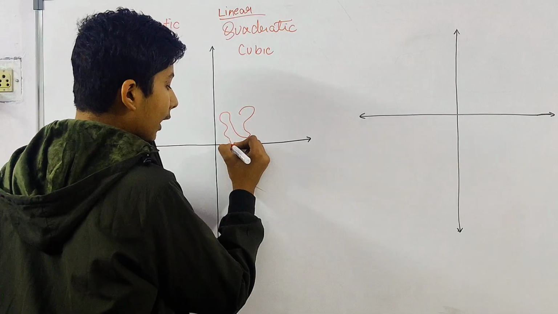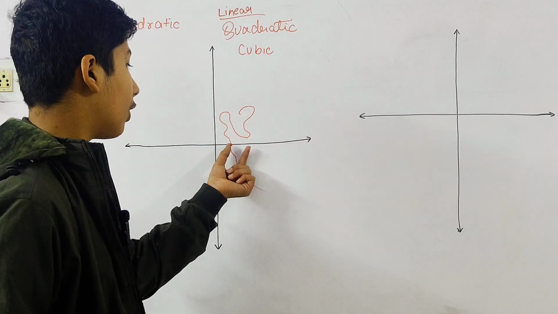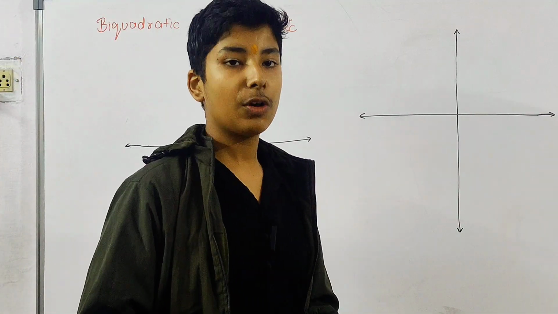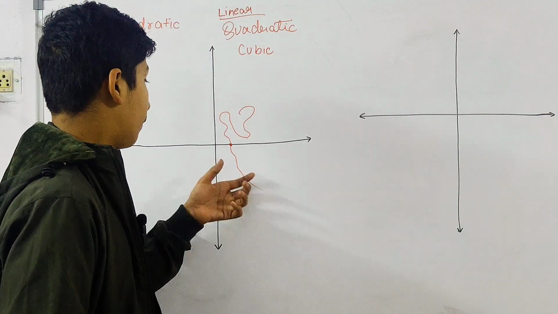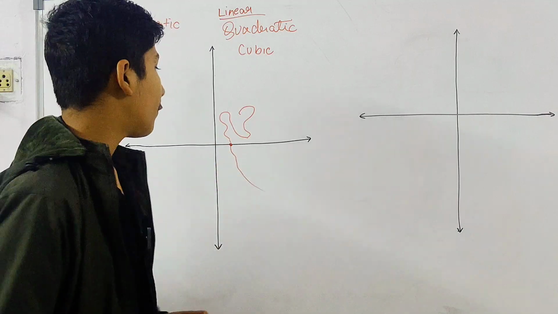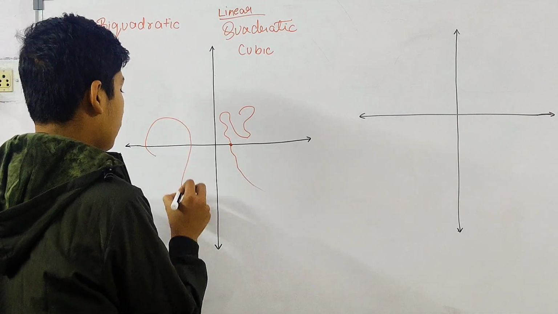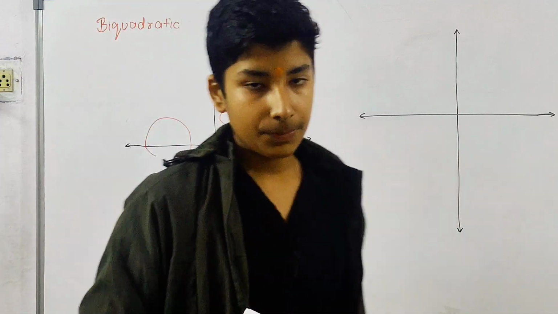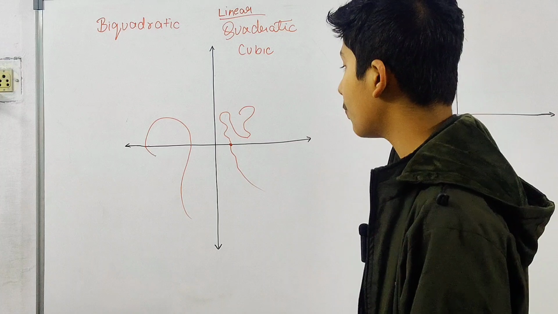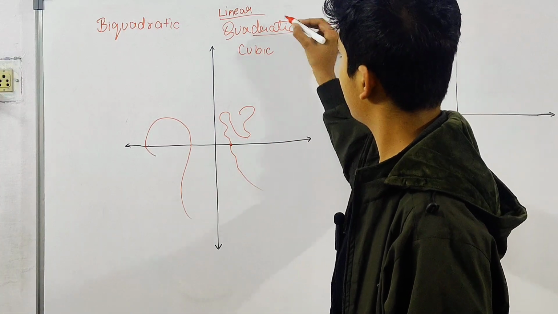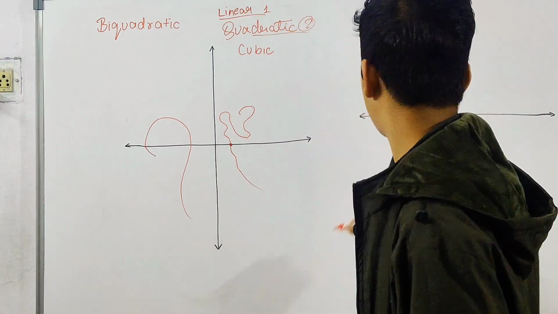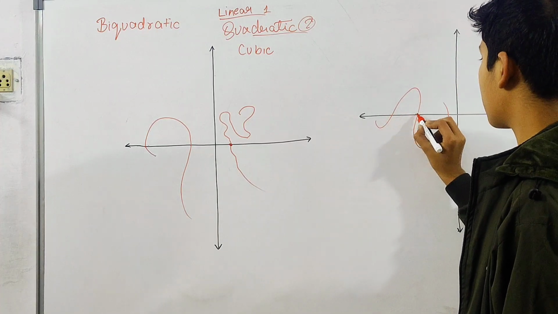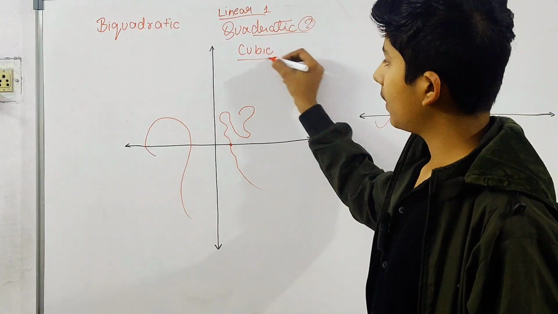Now, here is only one point in the context of the x or y axis, which is intersecting the x axis or y axis. So, the polynomial will be linear. For example, if there is a polynomial like this, and it has been intersected at 2 points on the x axis, it would be quadratic. This is 1, this is 2. For example, if it has been intersected at 3 points, it would be cubic.